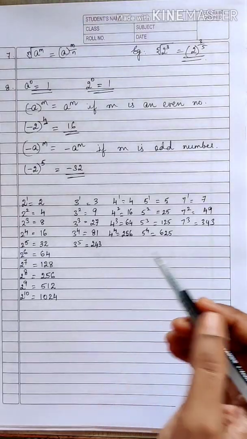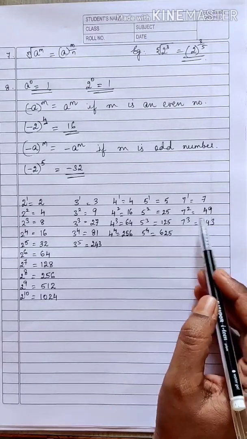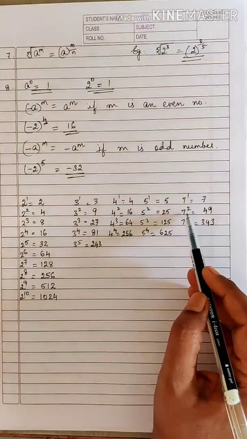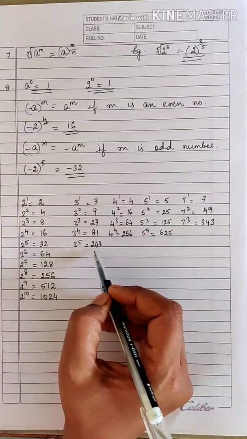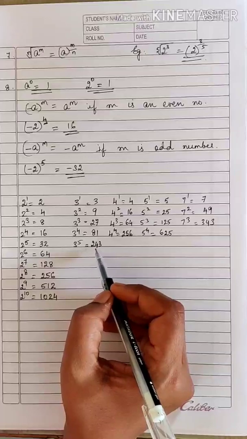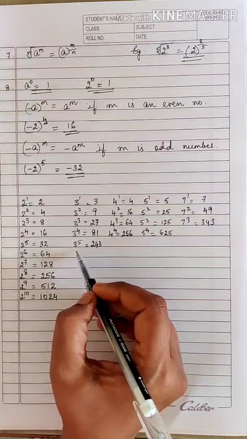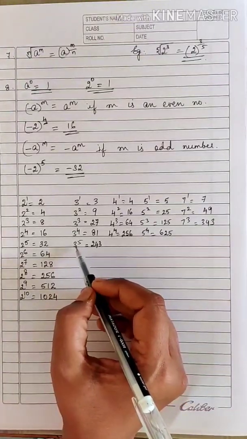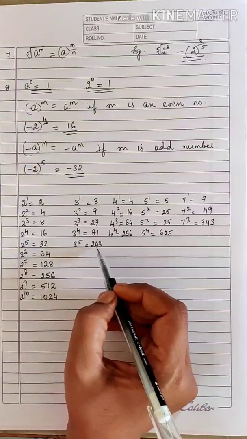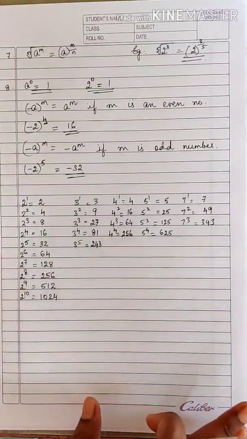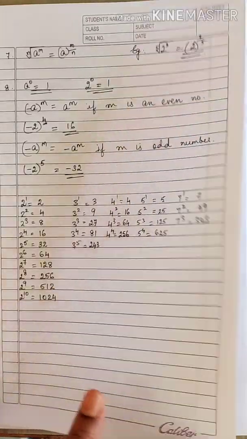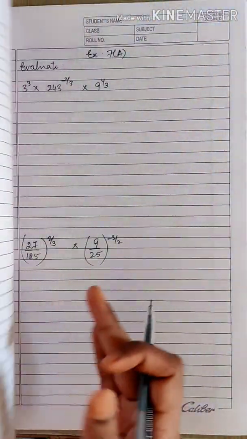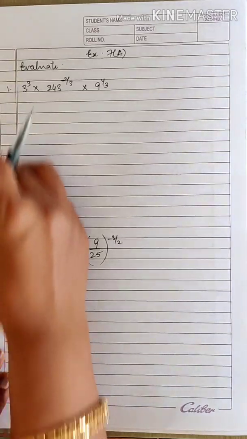So whenever you get numbers like 49, you have to express it in the form of 7 square. Similarly, when you get the number 243, that means you have to express it in the form of 3 to the power of 5. This is the exponent form and this is the whole number form. Now if you know this, it will help you to solve the sums quickly, faster and accurately. To begin with,